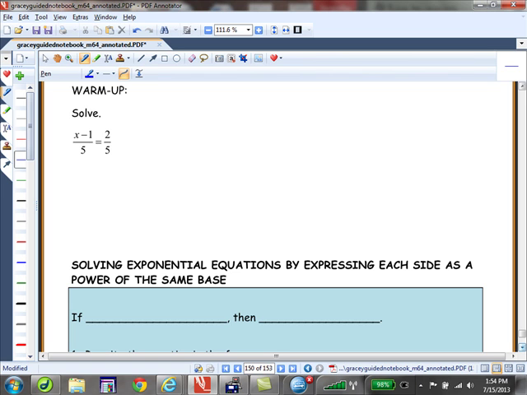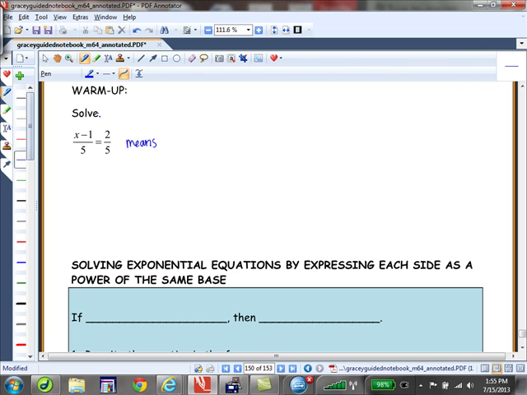All right, let's see how you did. If you notice, we're going to be using a similar idea to this. We have the same denominator in each of these. So since we have the same denominator, don't the numerators have to be equal? So I'm just going to say that this means that,